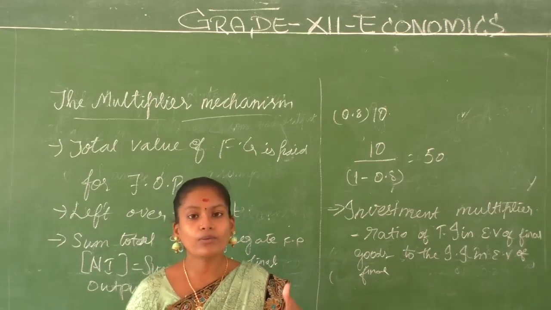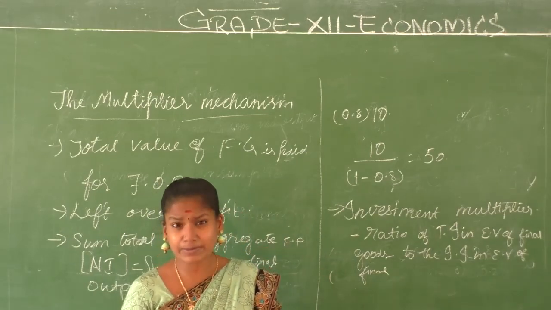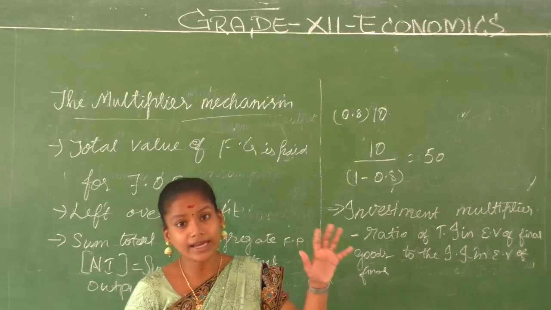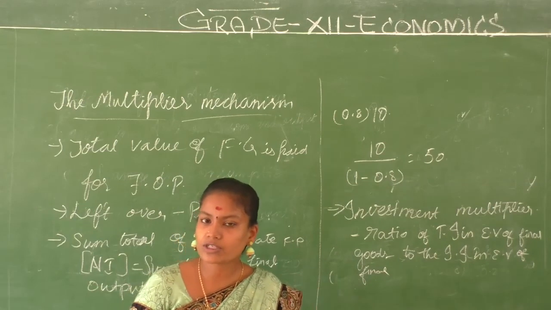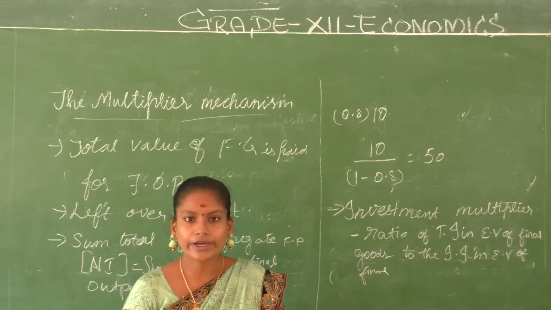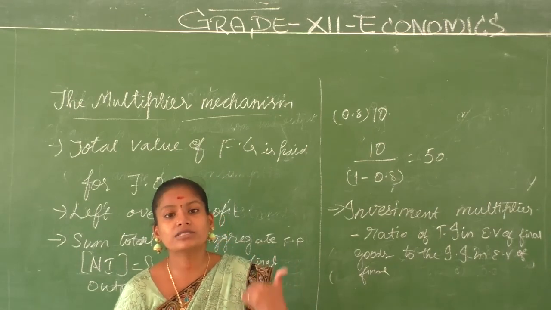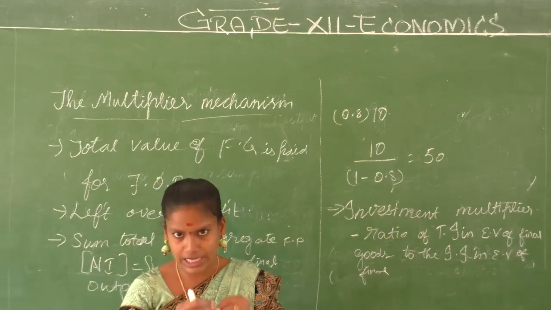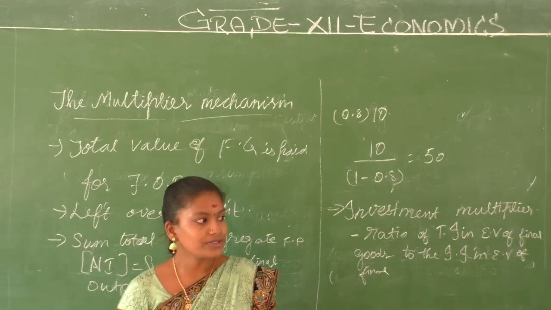We had an example where there was an autonomous increment in the investment, and because of that we saw how they paid the factors of production, and that increased the income of people, which increased consumption. When consumption was more, aggregate demand was more, and when demand was more, the firms had to produce extra to meet the excess demand, so it keeps on multiplying round after round, because it should be equal, right children? So only one more topic is left over in this chapter, which is called the paradox